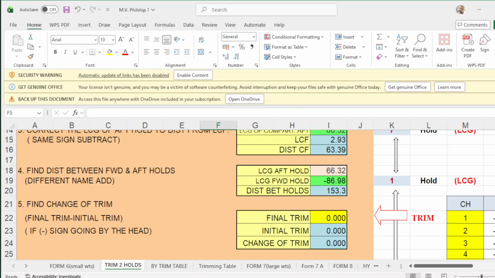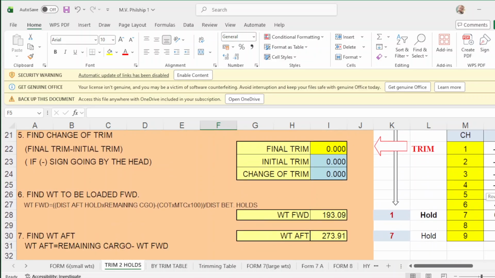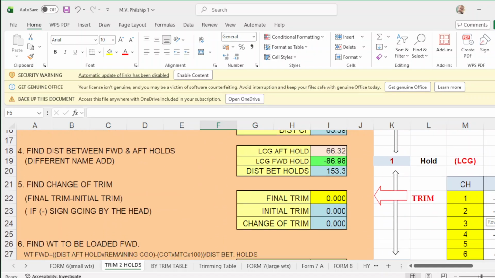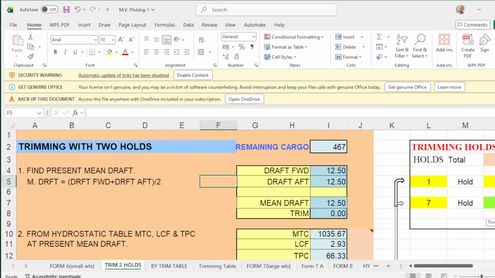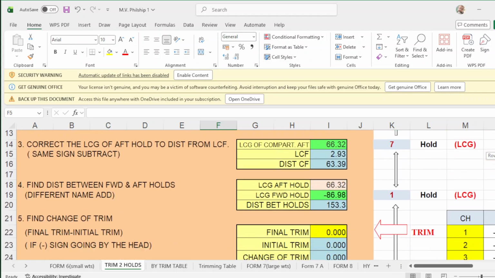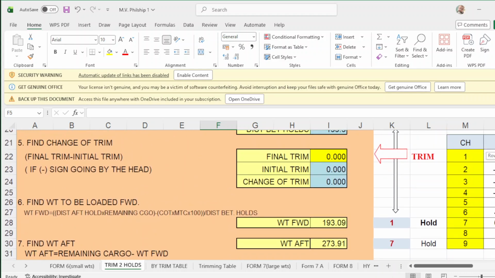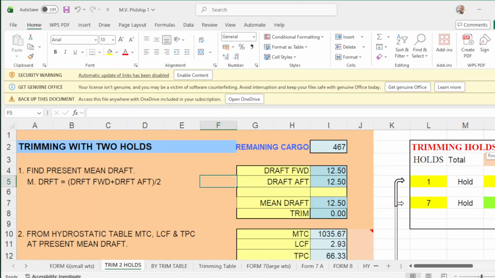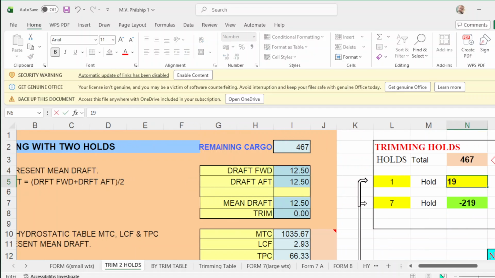So how much are we going to load in number 1? Number 1, we're going to load 193, for example. Put there 193.